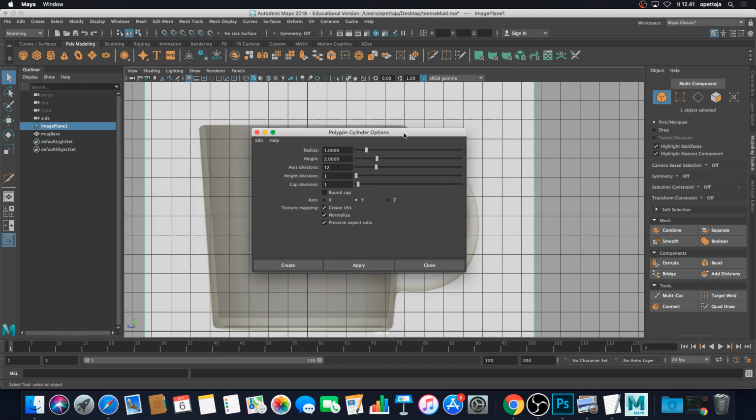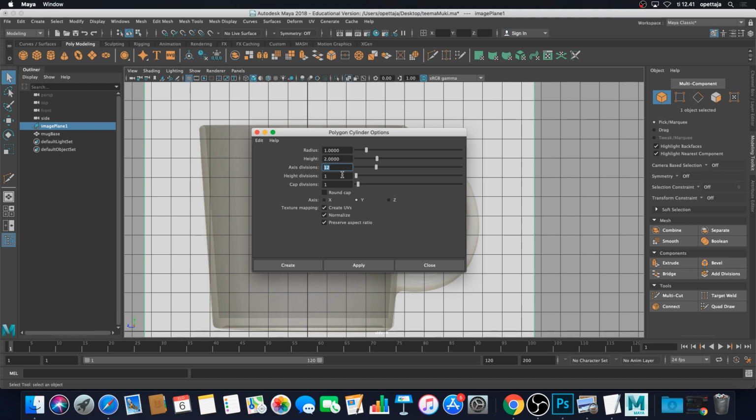I'm opening it with the options window, and at this point I might want to add a few axis divisions for my cylinder,